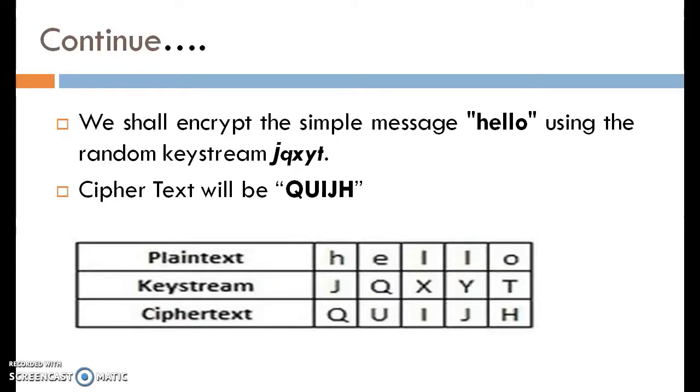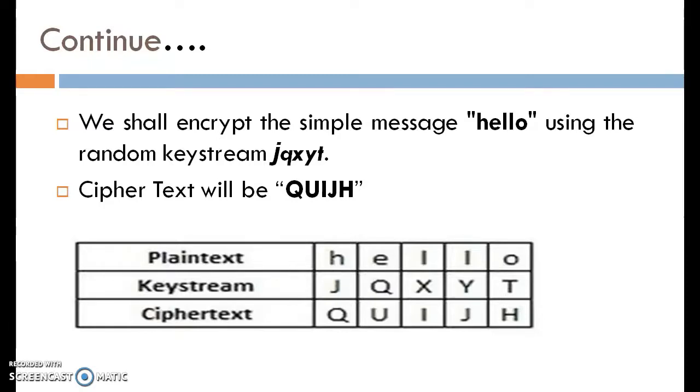Now using those key characteristics, we can take a totally random key. In our example, our plain text message is HELLO and the key is JQXYT, which is a totally random key. Now calculate the ciphertext, that means encrypt the message. We encrypt the message by adding the plain text with the key string.